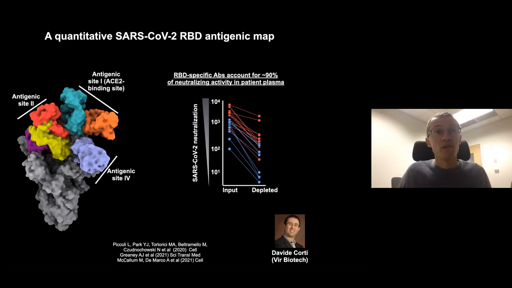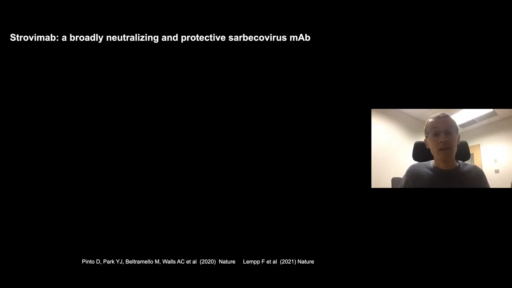In the interest of time, I will highlight just a couple of antibodies that are of special interest, starting with the one shown in purple, which is called S309 or Sotrovimab now. And this antibody was actually isolated at the very beginning of the pandemic from a SARS-CoV-1 infected individual back in 2003, from whom we had already characterized an antibody specific for SARS-CoV-1.